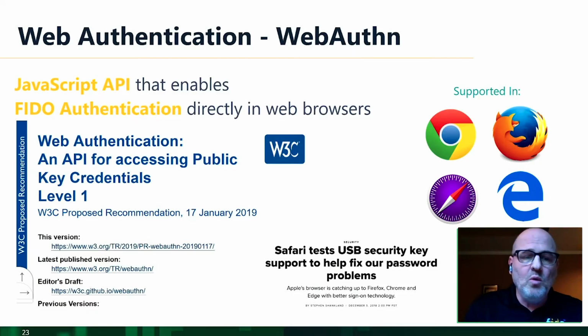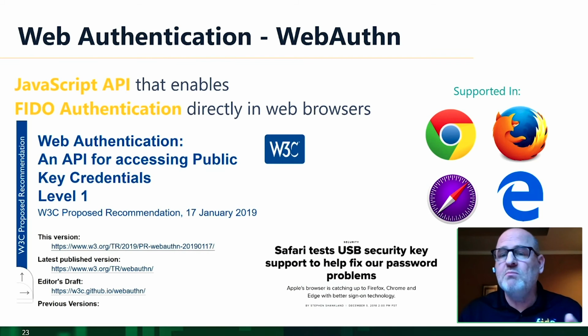So Web Authentication, or WebAuthn as it's called, is a JavaScript API that is built into the browsers. And what this provides is a variety of benefits. One, it's a common API, so you don't have to be writing different code for authentication to accommodate the different browsers. The APIs are the same, and all things being equal, we know it's not a perfect world, but all things being equal, you can use the same code across the different browsers. And as of today, WebAuthn is supported in all of the major browsers: Chrome, Firefox,